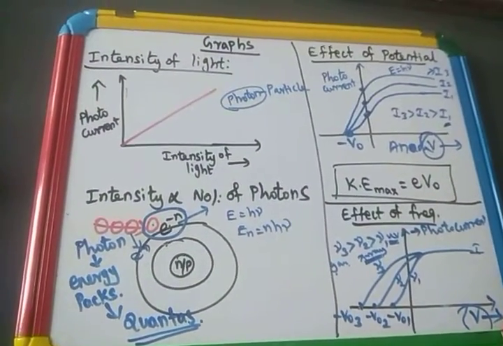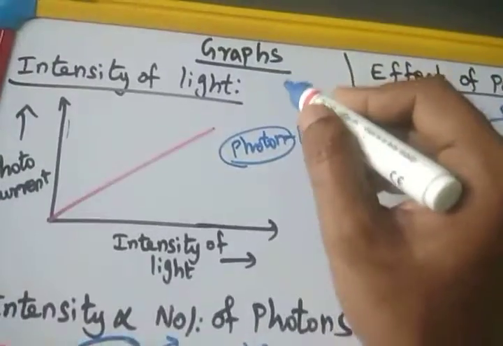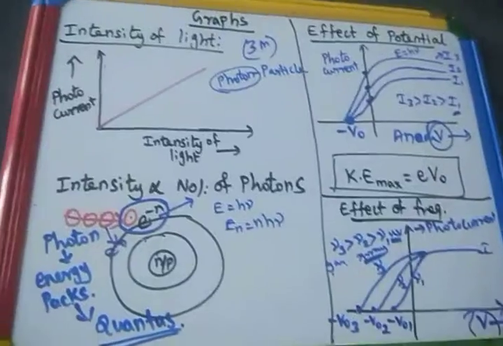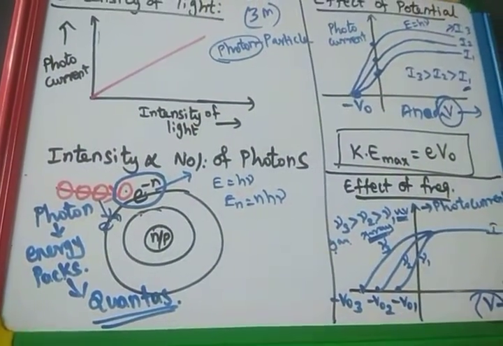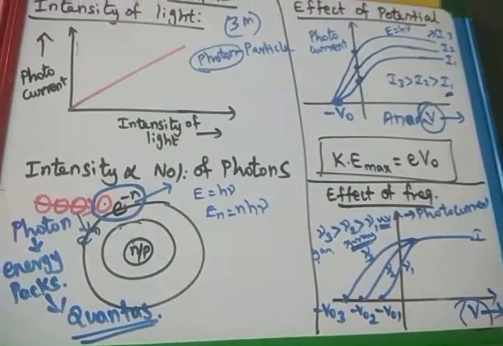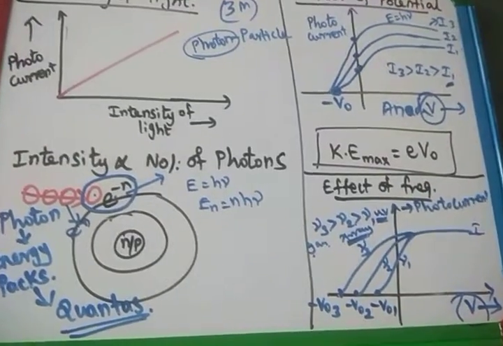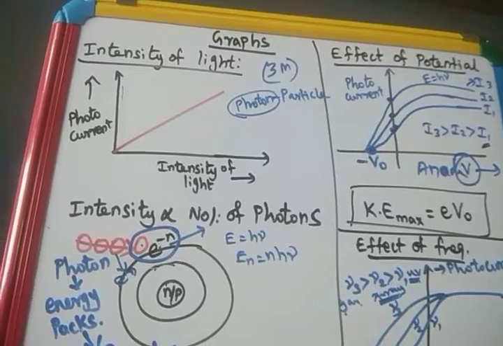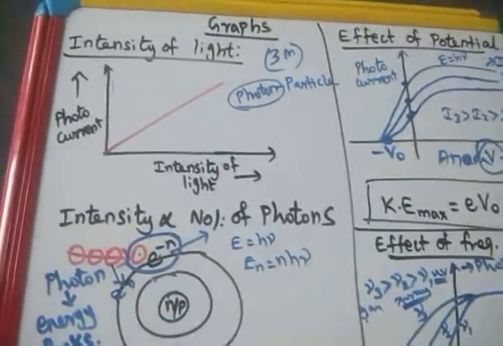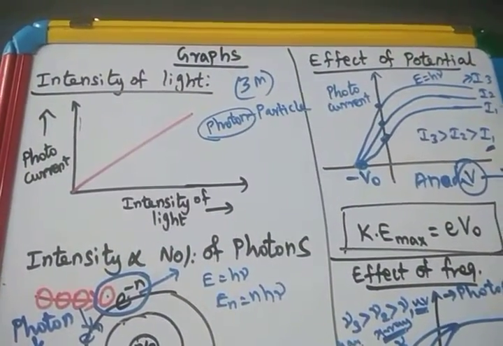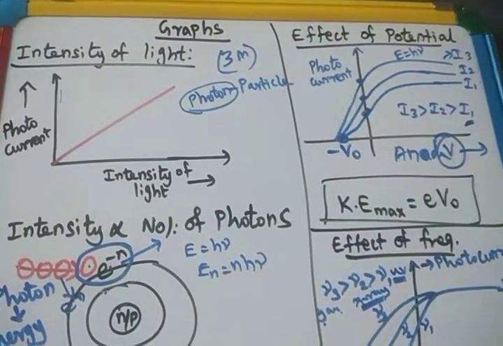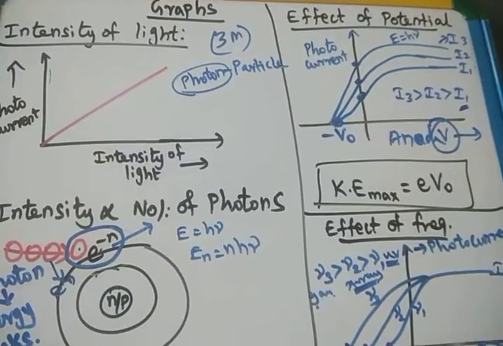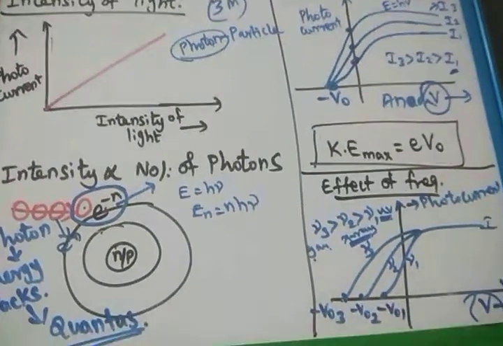So understand this one. In examinations, this graph discussion is repeatedly asked as a 3 mark question, all the 3 graphs. There is another graph that depends upon the metal. When the metal surface changes, what will happen? The stopping potential also changes. That is another graph. So understand this concept clearly. Based on these graphs only, Einstein wrote the Einstein photoelectric laws.